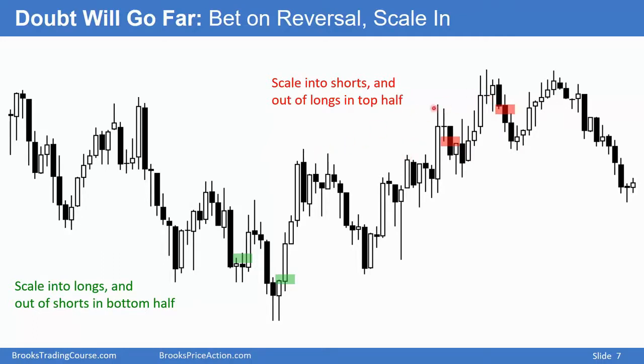You can argue a wedge, 1, 2, 3, or 1, 2, 3. With 4 or 5 bull bars up here, a lot of traders would prefer a second entry short and to sell below a bear bar, so they might sell here. And their stop might be here. They might use a wider stop to allow for the possibility of one more minor high before they get a swing down.